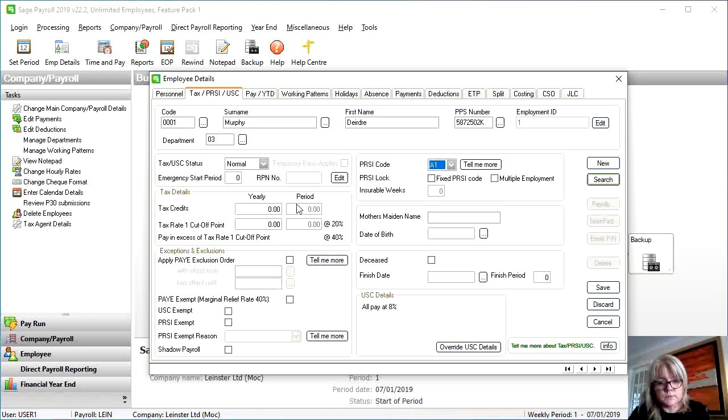and the cut-offs in our tax credits, I should say. So the tax credits for the year is 3,700, and as you tab down along or click through, it'll populate the period. And the next one is tax rate cut-off point. So for the year, that is 52,000. And the next thing then is the USC,